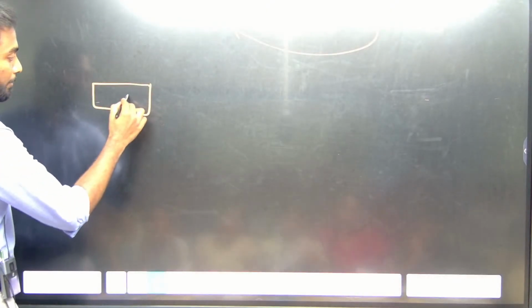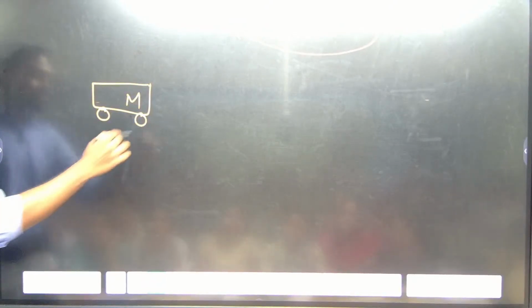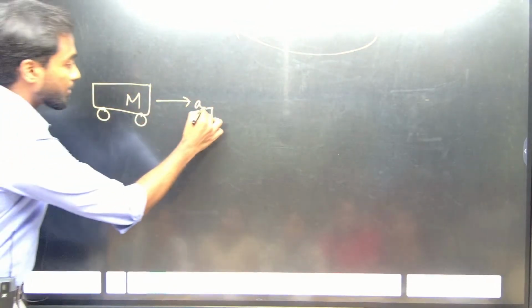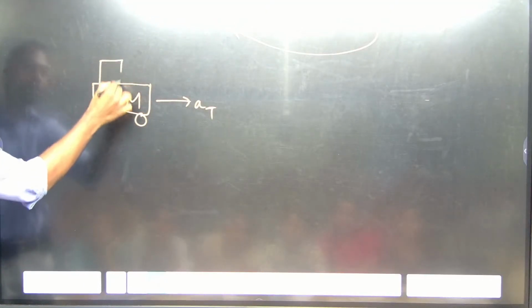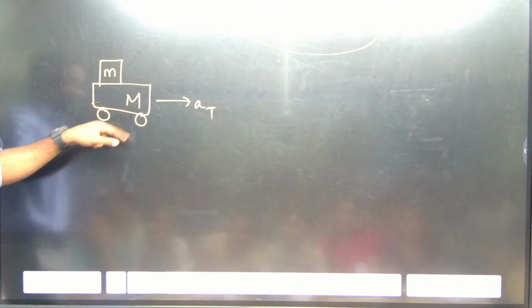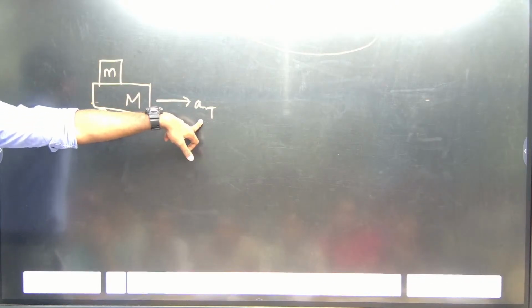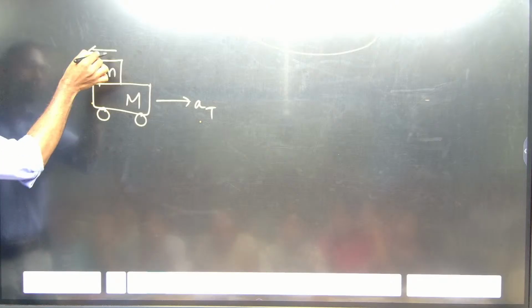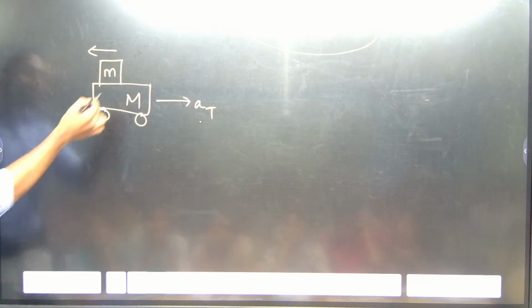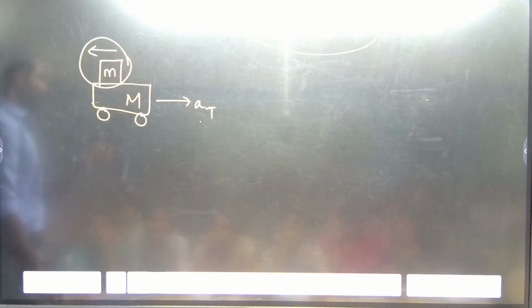Let me take, there is a truck, which is having a mass m. The truck is going with acceleration at, the acceleration of the truck is at. There is another block which is of mass small m. Let me take that the truck starts immediately and goes with acceleration at. It will go back or not? Yes or no? If I start this immediately, it will go back. Which means there is some force acting on this block. That force is called as